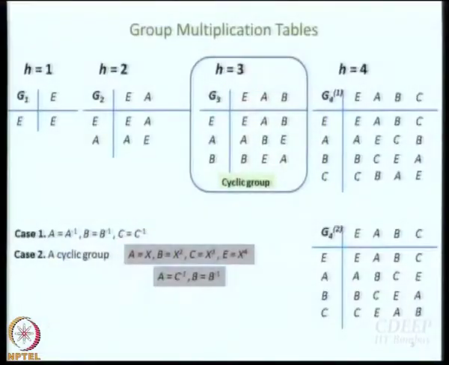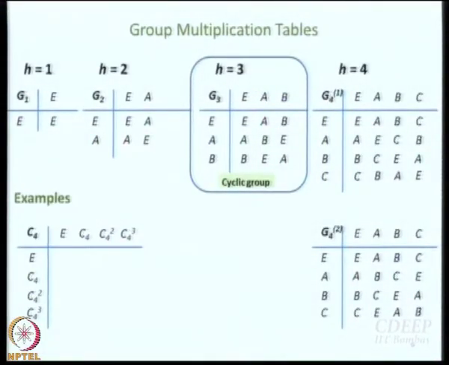Alright, fine. So now let us take examples of actual point groups. Eventually that is what we want to do. Let us take two examples, one a cyclic group and the other a group which is not cyclic. So C4 to start with: E, C4, C4 square, C4 cube. Actually, I had color coded the whole thing, but then I goofed up, so the color is all gone. Anyway, can you fill this in without looking? What is it likely to be, G4 1 or G4 2?